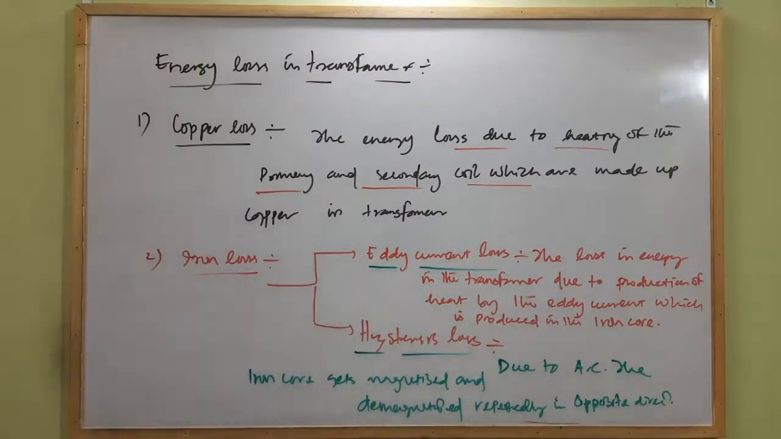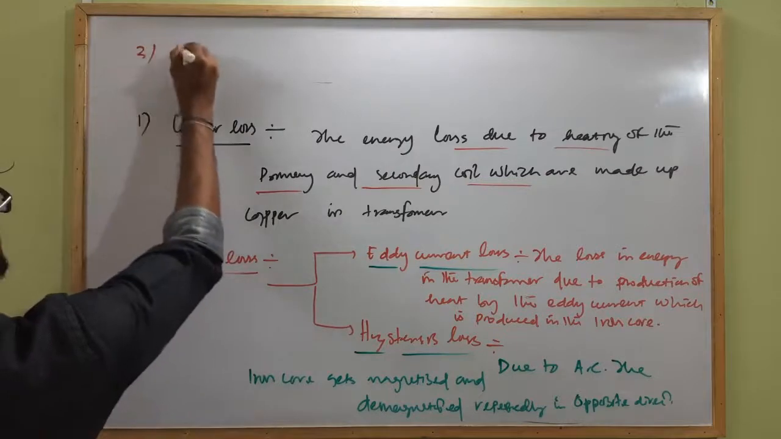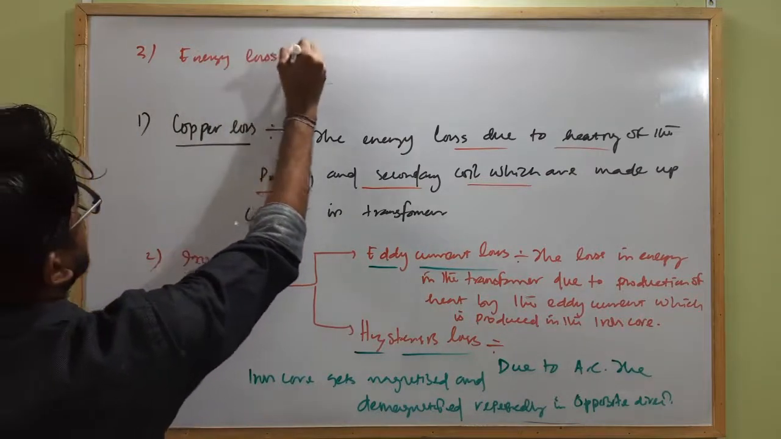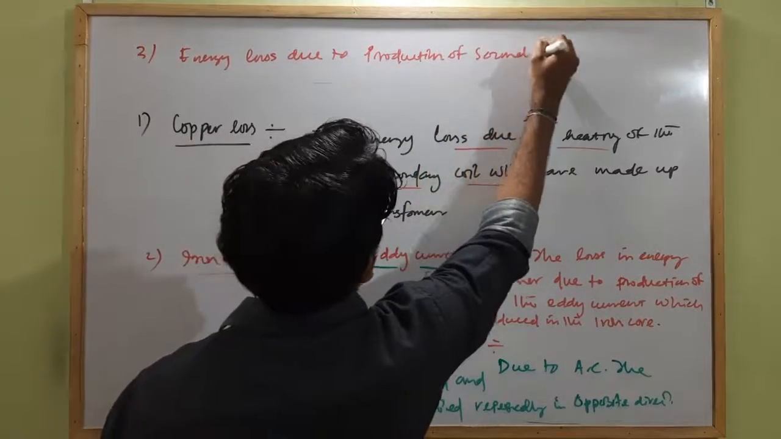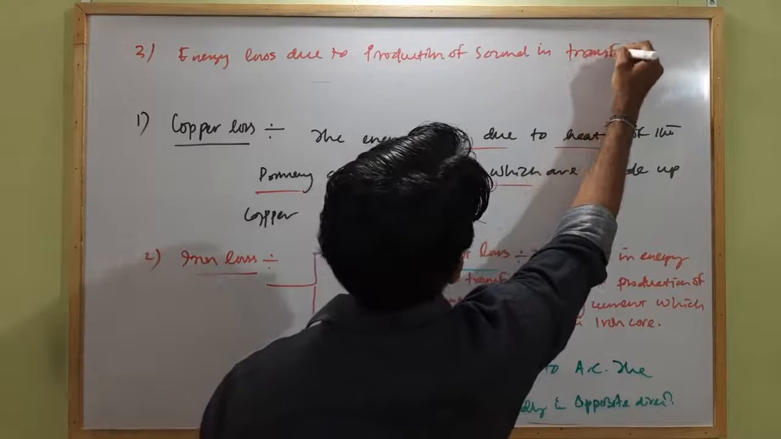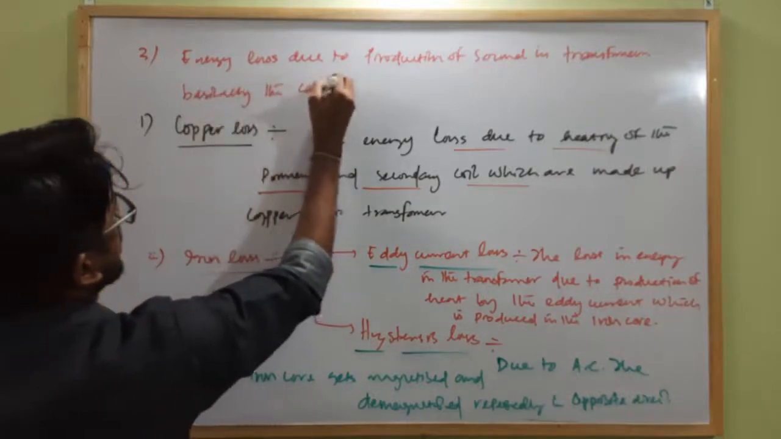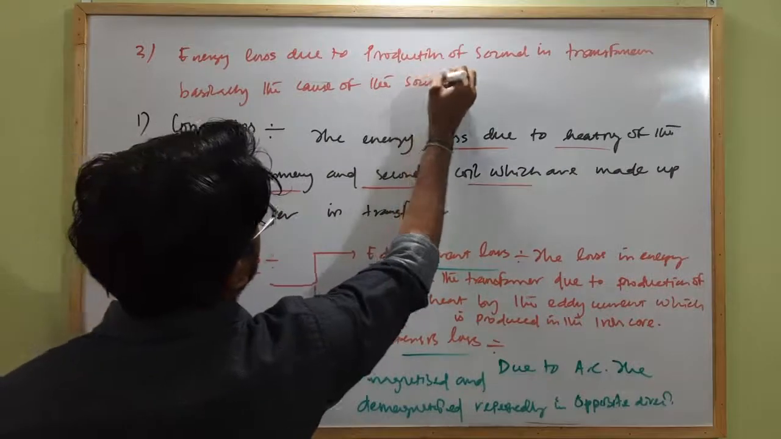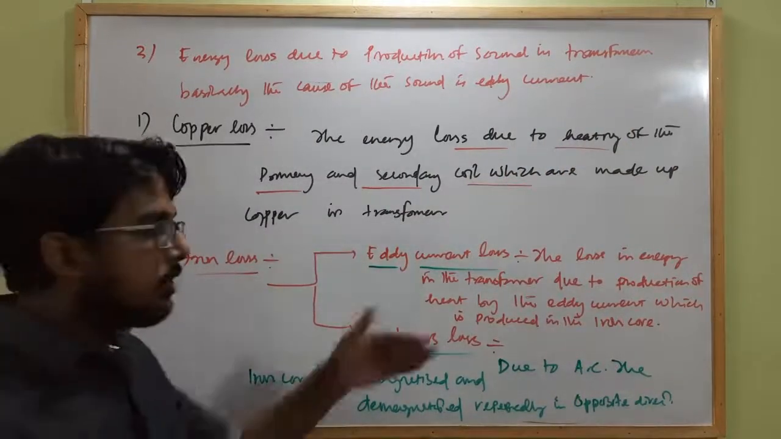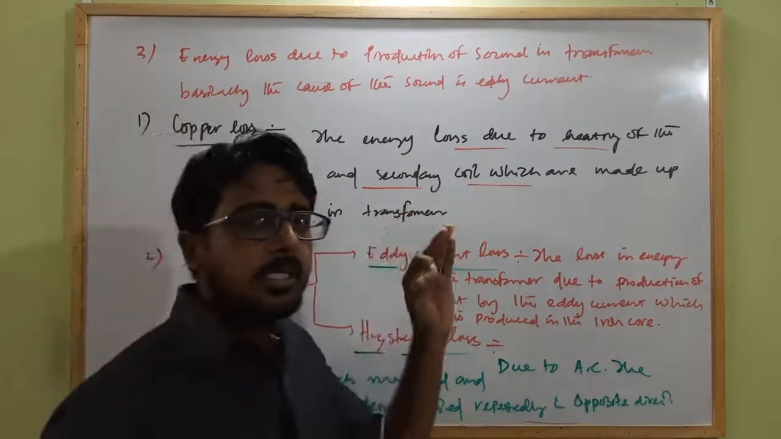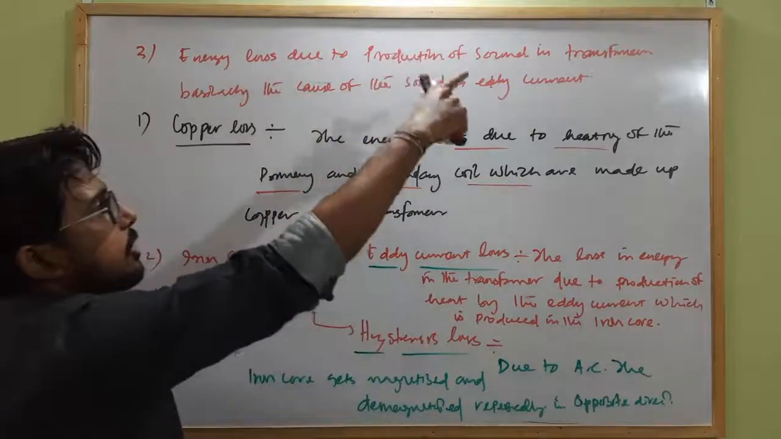So next important loss in transformer, that is loss due to sound. Third, energy loss due to production of sound in transformer. Basically the cause of the sound is eddy current. As eddy current is produced in the different layers of the thin metallic sheets in the iron core, they will repel each other. That's why there will be sound, and that sound production due to the eddy current